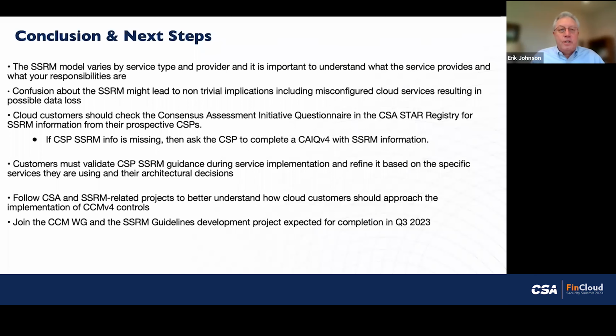So you do need to validate it, and work with your CSPs, because nobody's perfect, and give them that feedback so that they can improve it in the next release and that sort of thing. And we do have a lot of work going on within the CSA and plan for the coming year to enhance the guidance and support we provide for the SSRM. As I mentioned, the updates in the works for CCM guidance V5 document. And then Lefteris has a couple of projects going on as well that he's going to describe.